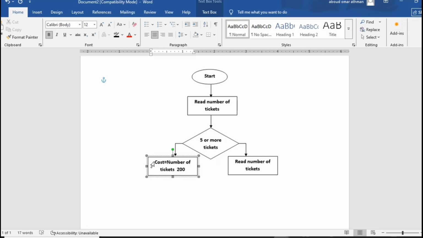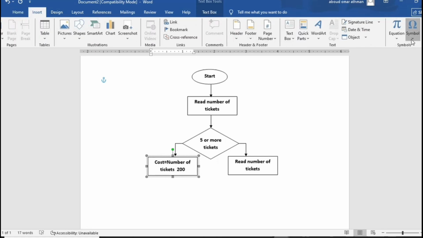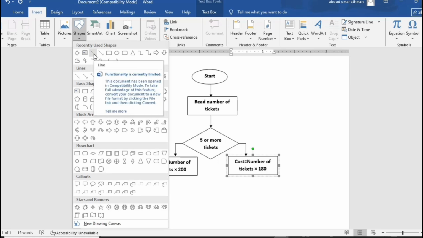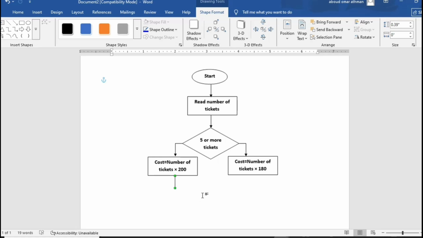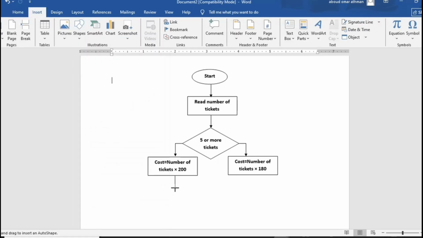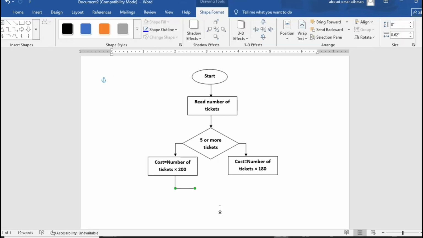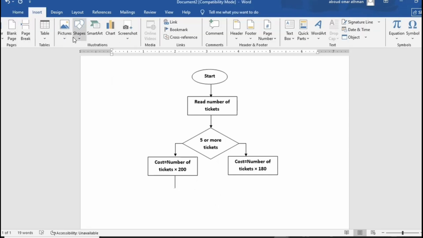So the question or the statement that is entered in the decision symbol, depending on how you decide to represent this, you can use logical symbols or text if you prefer. So in my decision symbol here, I have decided to put 5 or more tickets, and we're saying that the output is either yes or no. So yes means the fan has bought 5 tickets or more, and therefore the next step that follows, if it is yes, is that this fan is going to get a discount of 10% on each of those tickets that he has